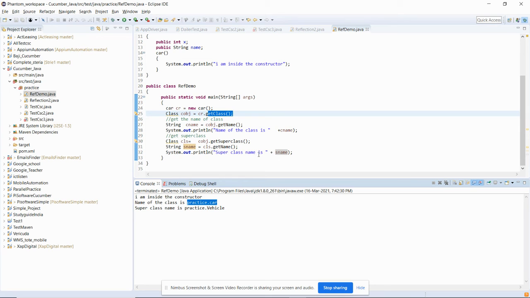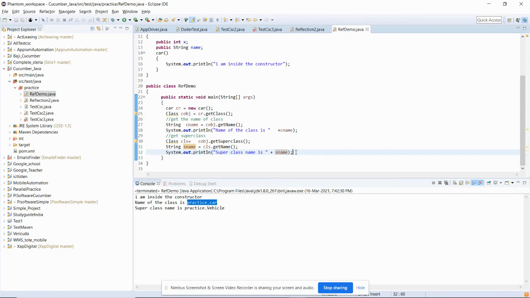Now one more thing: how can we get the constructor? Suppose we want to get the constructor. We will use the same object, and a class may have a lot of constructors inside it. So we will create an array to store all the constructors, and then we will print the values. We can also get a single constructor as well. Let me create a constructor array.